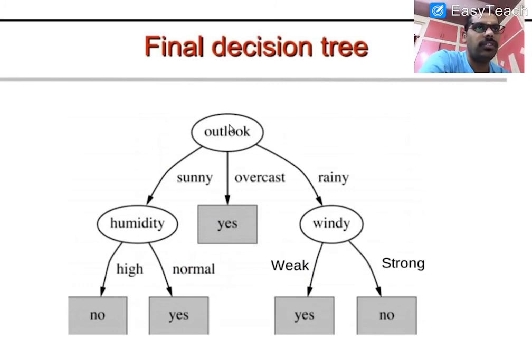So don't get confused. If you look carefully, it is easy for you to understand the concept. So this is the way we are going to construct the decision tree. Here we have considered the ID3 algorithm, and using the ID3 algorithm, we computed information gain. In order to compute the information gain, entropy is required, average information entropy is required. So we used those values, and using that we computed the highest information gain for each and every attribute, so that we are able to decide which attribute is going to play as the root node and which attribute is going to play as the next level node. Clear? I hope it is clear for you. Thank you.